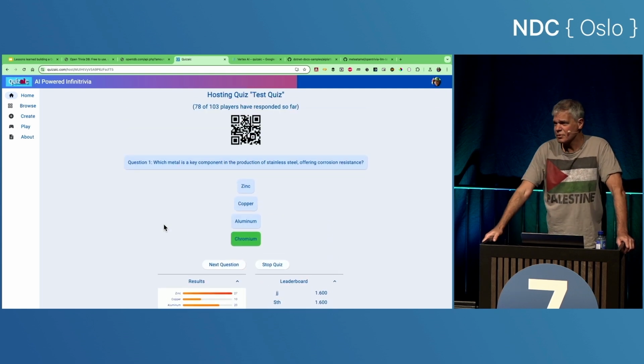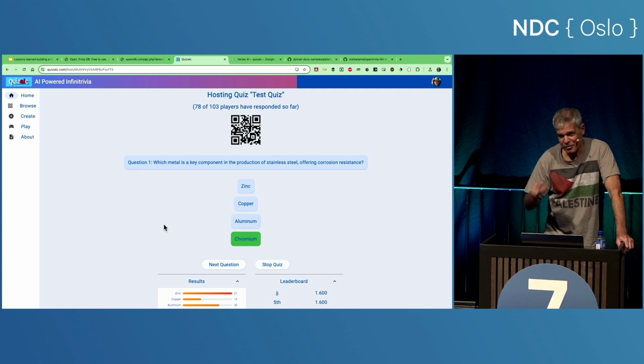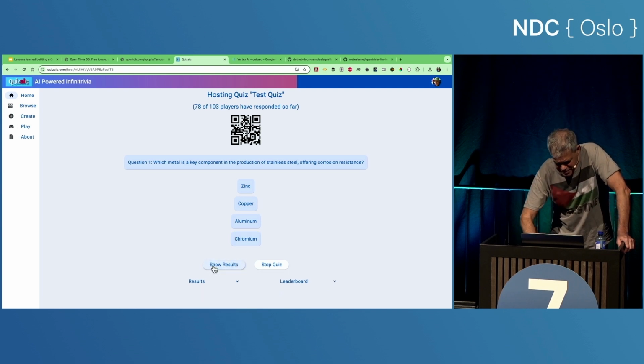Another thing, if you know about metals and you decide one of these questions or more are wrong, please come see me as well. And part of the talk later on, we're going to talk about how we try to figure out whether these quizzes are accurate and reliable. Okay, next question. Probably move a little more quickly.